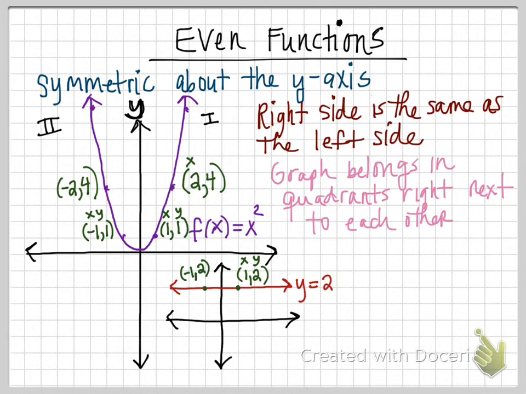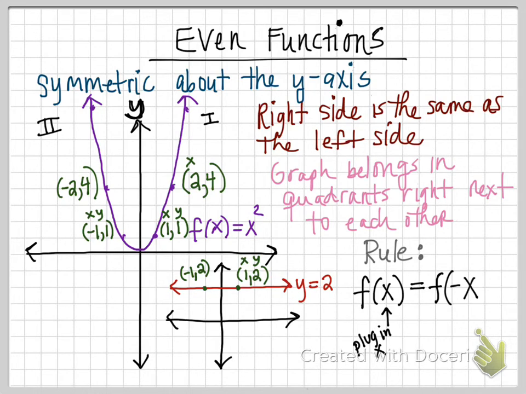So there is a rule that we can derive from this observation: when you pick the positive x value and just the opposite sign of that x value, you get the same height. So that rule looks like this. f(x). First of all, what is f(x) saying? That's saying plug x into your function. When you plug in x, that is the exact same answer as when you plug in